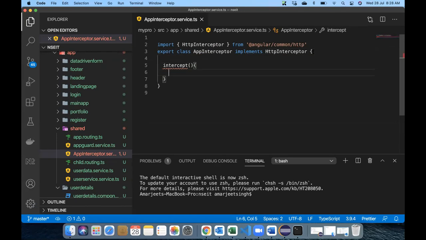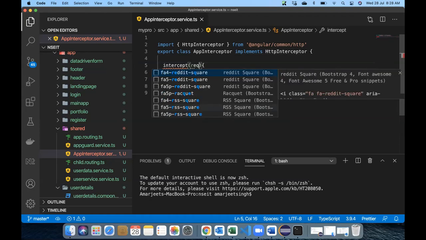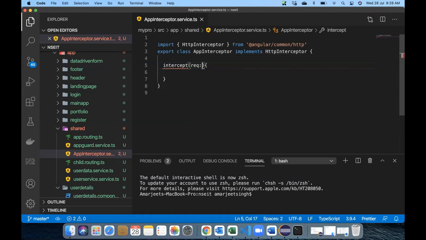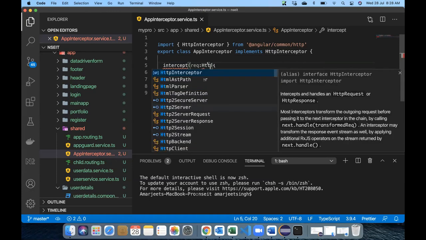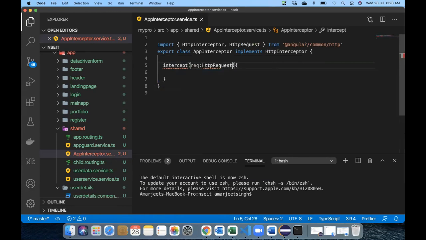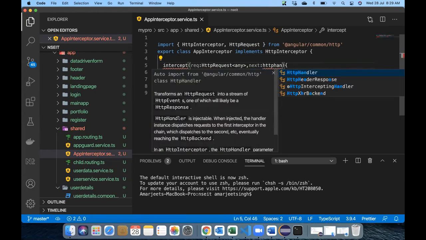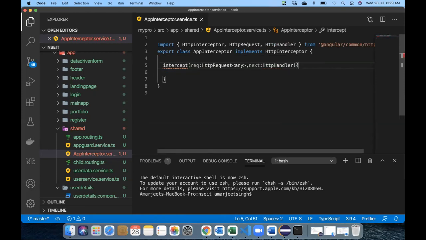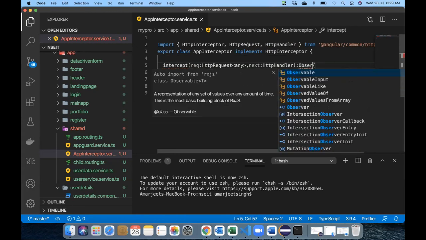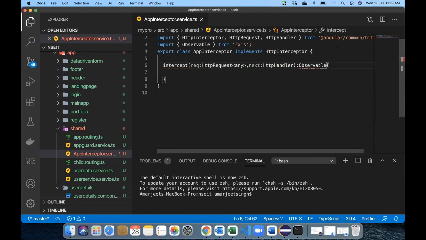This intercept will take a few parameters as compulsory. One is called request, of type HTTP request, of type any, and second I'll say next, HTTP handler, and they're all of type observables, of type any.